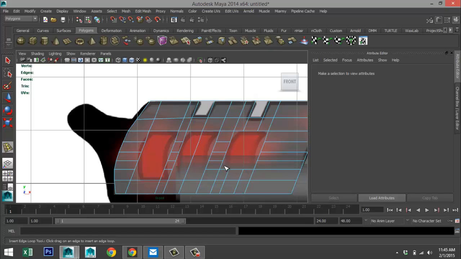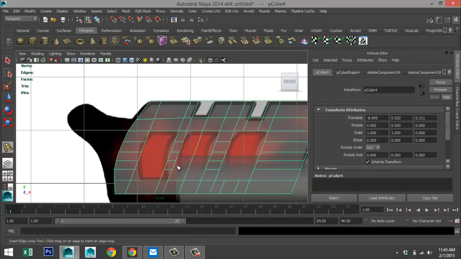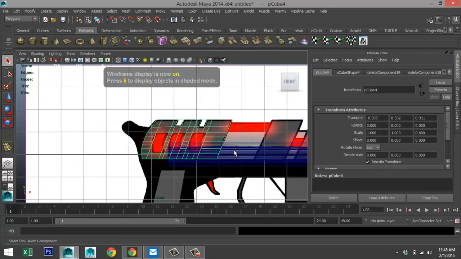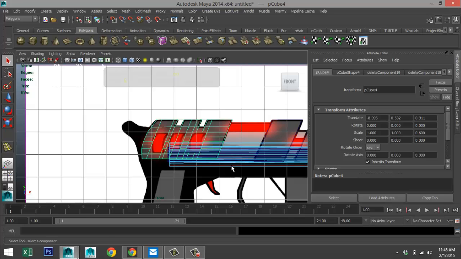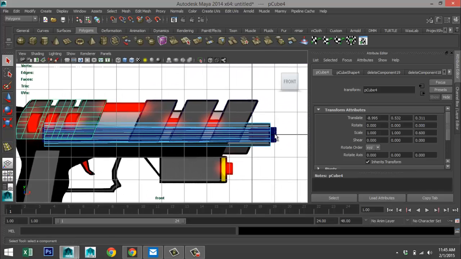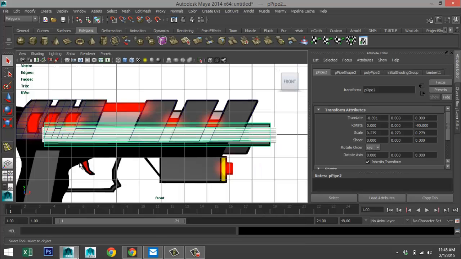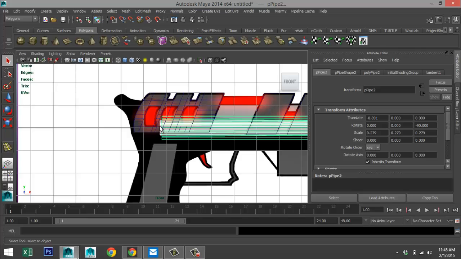All right. And these down here. We're going to hit Q on our keyboard, 4 for wireframe mode. We're going to select these two guys. So right click, object mode. Right click, vertex.